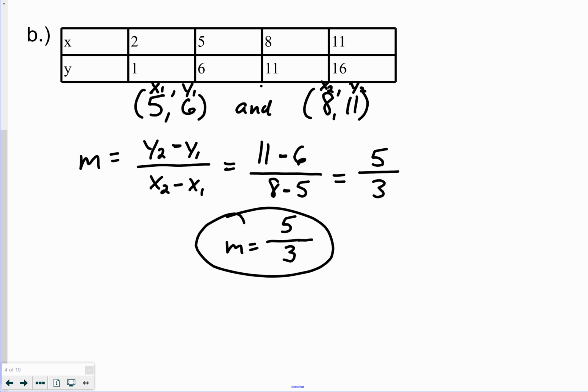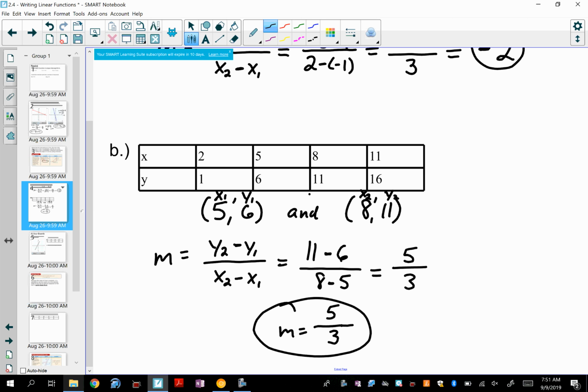Any questions on how to find the slope? Will I be giving you that formula for how to find slope on the test? No. You need to know how to find the slope. Everybody good? You guys ready to try a few? All right, so